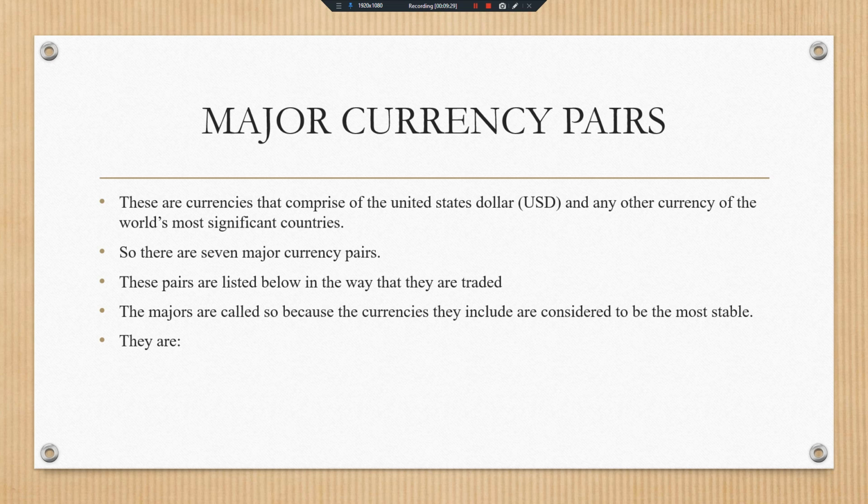Now let's look at the fact that these are from significant countries, meaning they are actually considered to be stable. They are not currency pairs that are unstable in terms of how they move. We understand that major currency pairs are stable, and they are the most traded. I encourage people who are just starting with trading to start with these currencies because they are stable and you can at least understand how they move.